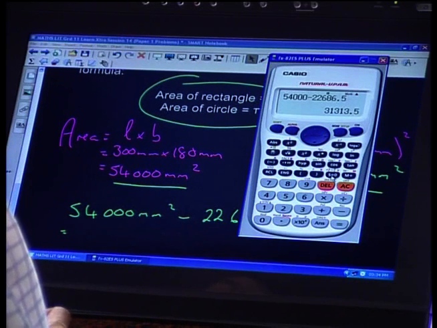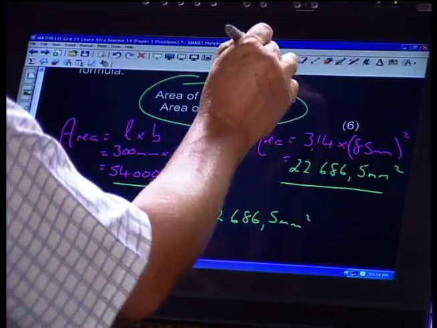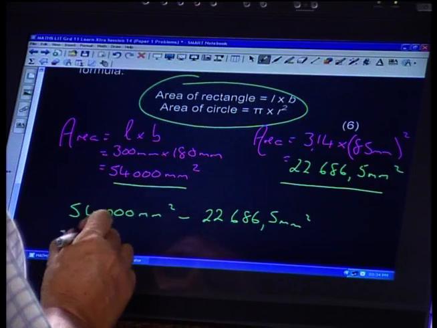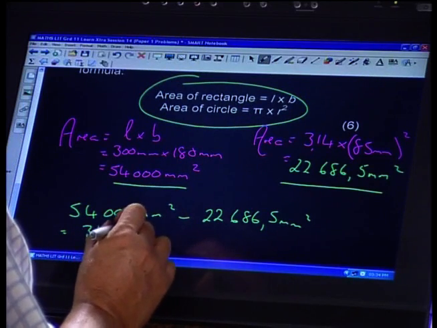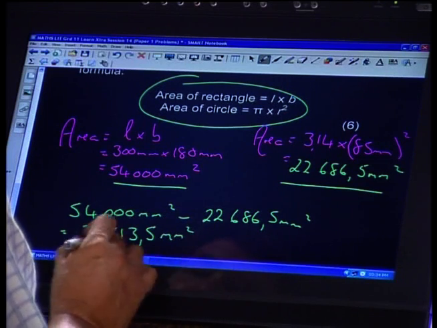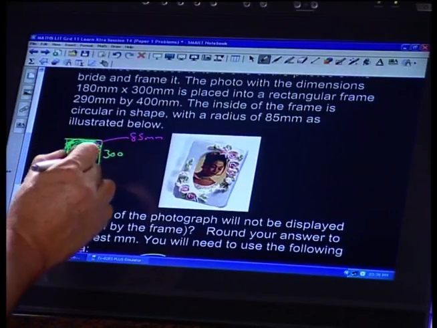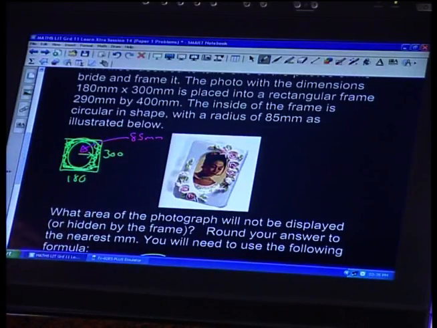So let's write that down quickly. 31,313.5 millimeters squared. That's the amount of photograph, remember our picture, that's the amount of photograph that's covered by the